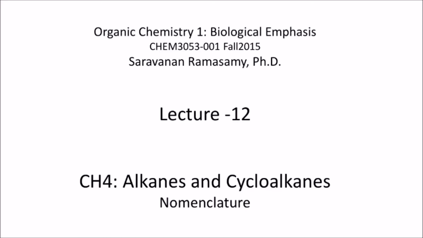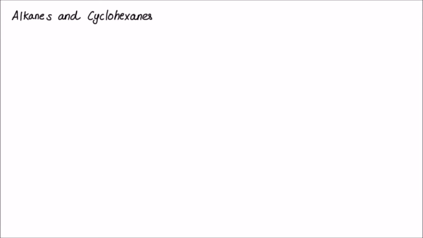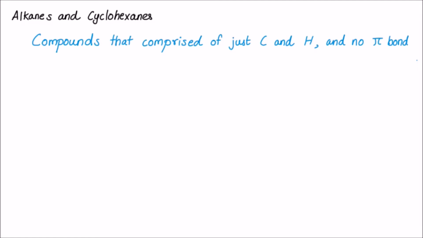Hi everyone. In this lecture, we are going to focus on the nomenclature of alkanes and cycloalkanes. Alkanes and cycloalkanes are the compounds that comprise just carbons and hydrogens, no other elements and no pi bonds. We also call them hydrocarbons. For example, we have this compound that's the simplest of all alkanes that has one carbon and four hydrogens, and